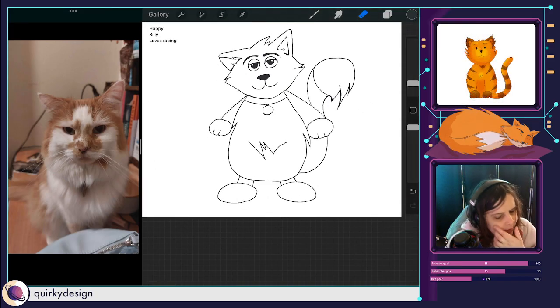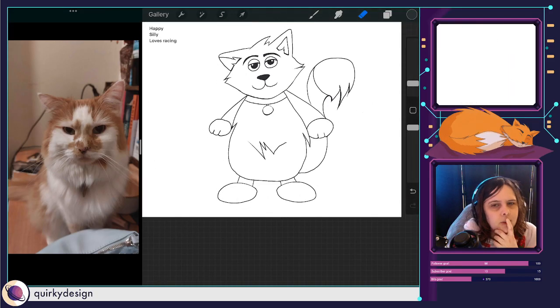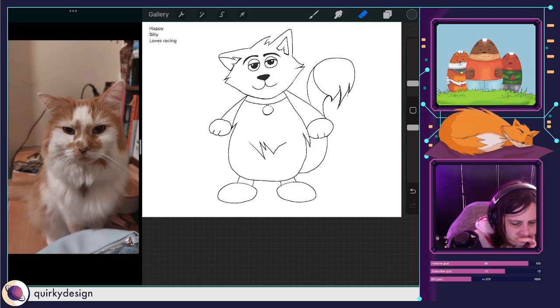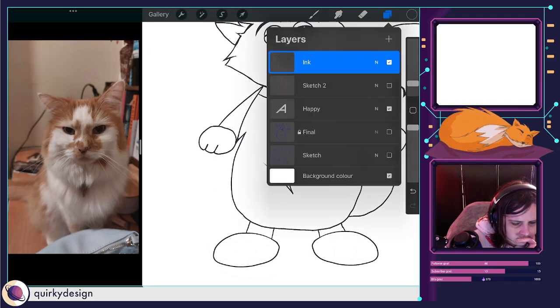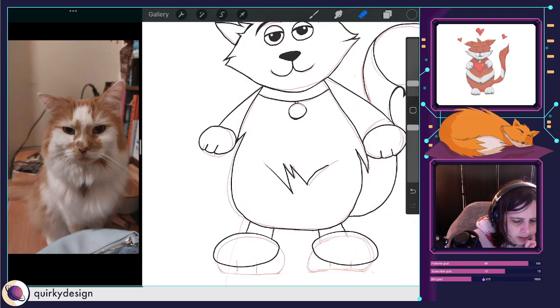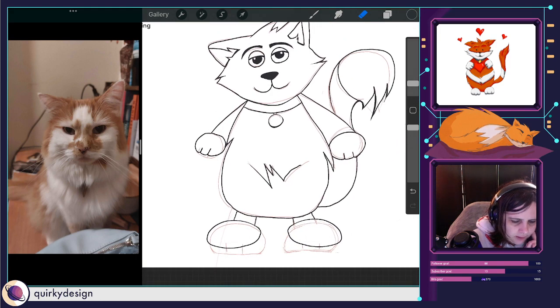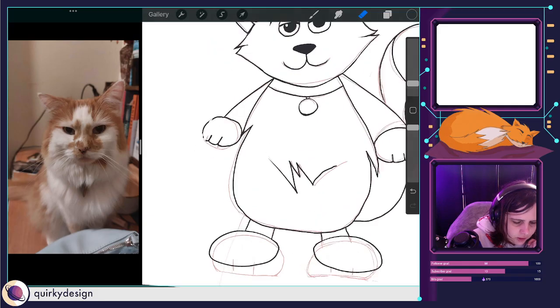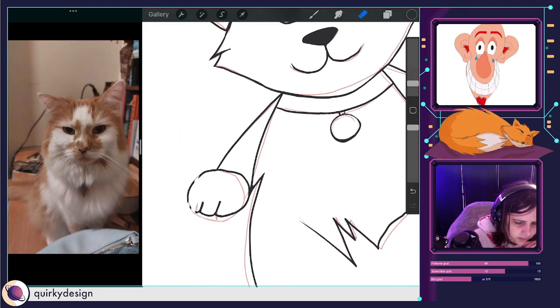I think that's one thing that's bothering me, one of the hands looks bigger than the other, which is not ideal. But I like that hand better. I like the right hand better than the left. So on that premise, I am going to try and rub this hand out and replace it with the other hand.